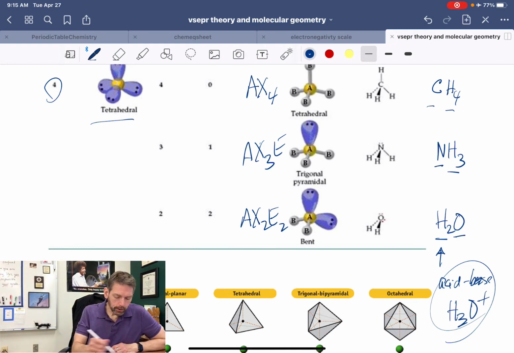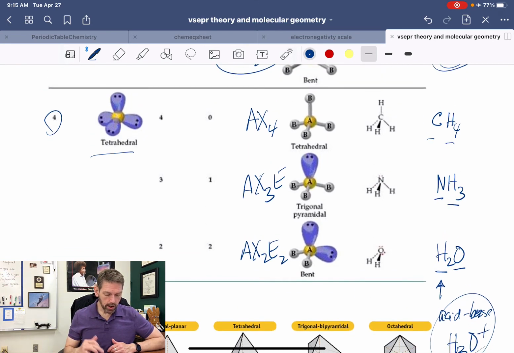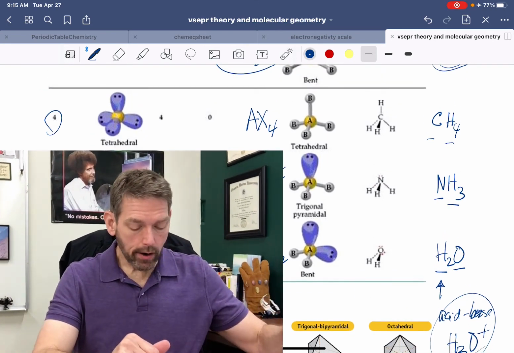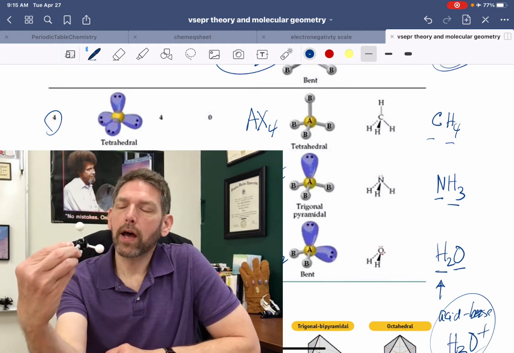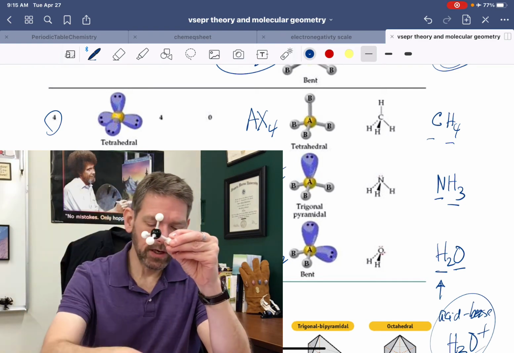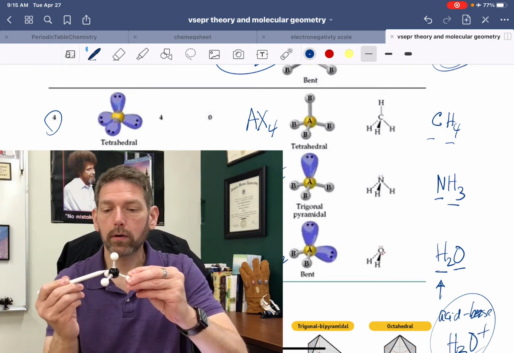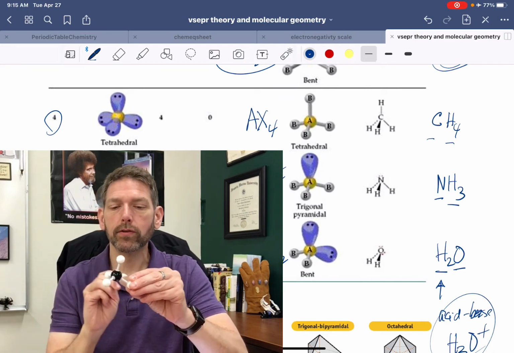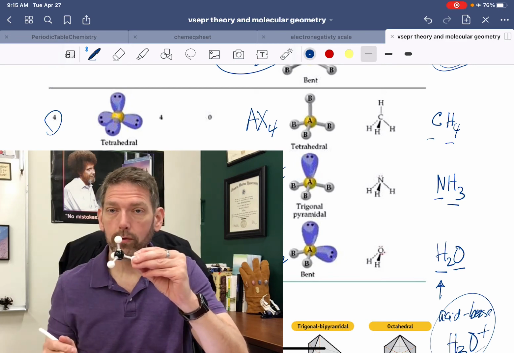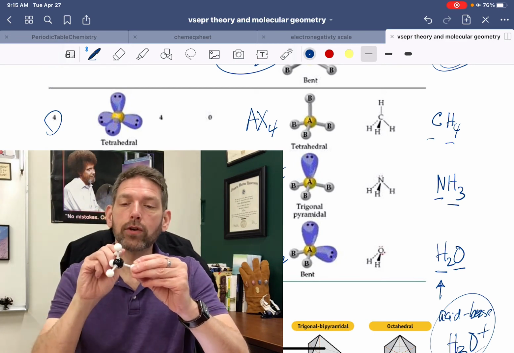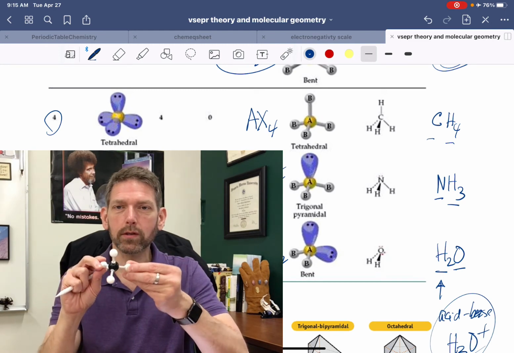All right. So let's take a look at this now. Let's start from the bottom. We're going to work our way back up to the top. So if we look here where we've got tetrahedral, let's go with that first. I've already built it. Here's carbon dihydride, right? And we can see that there's our carbon. So there's the A, and then there's the 1, 2, 3, 4, 4 of those hydrogens. And you can see that no matter which way you turn this molecule,